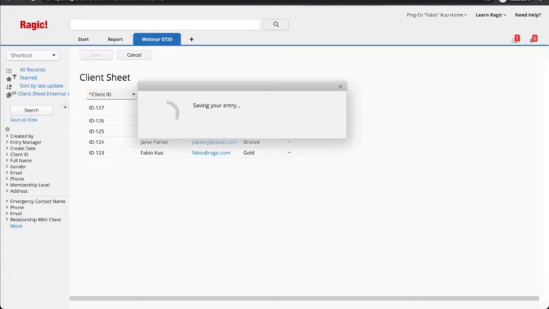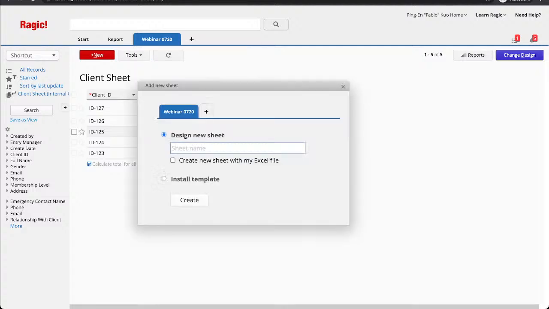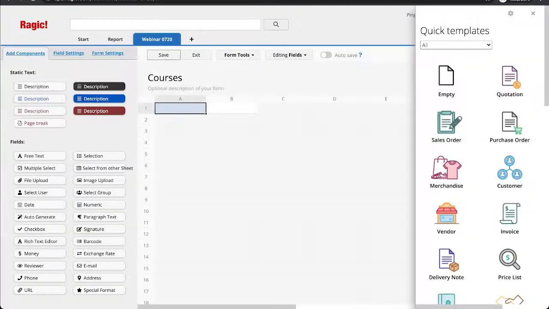Okay, right now I'm going to create a new courses sheet. So, a new sheet called courses. In my mind, I'm thinking about like gym or fitness courses. So let's just create the fields needed for the courses.